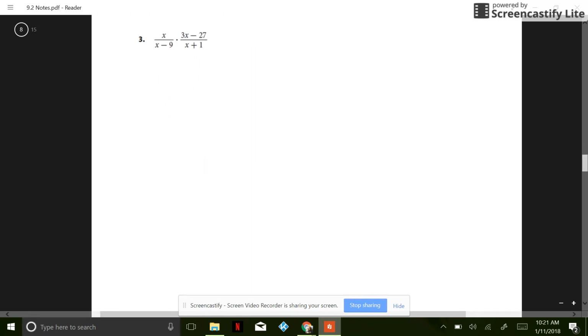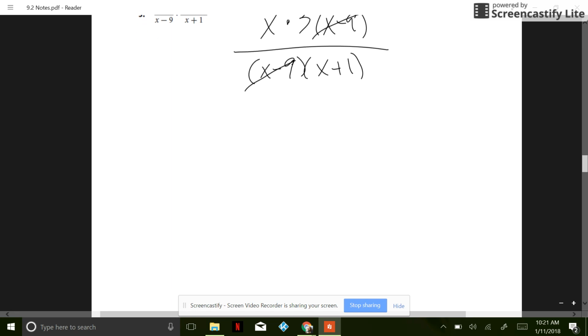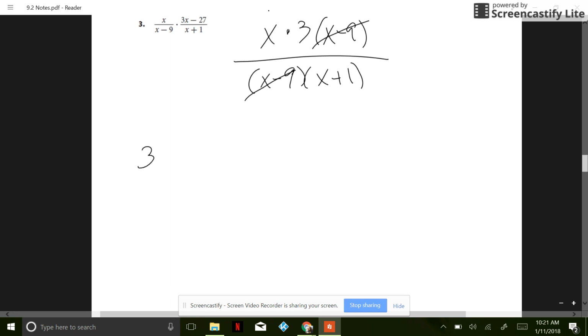Okay, number 3 here. So first thing we want to do is factor as we can. The first fraction there is perfectly fine. So looking at our second numerator, we can factor out a 3. We'll end up with x minus 9. And then in the denominator, we just have the x minus 9, x plus 1. So canceling here, those x minus 9's are going to go away. That's the only thing. So in the numerator, we're left with 3 times x over x plus 1 in the